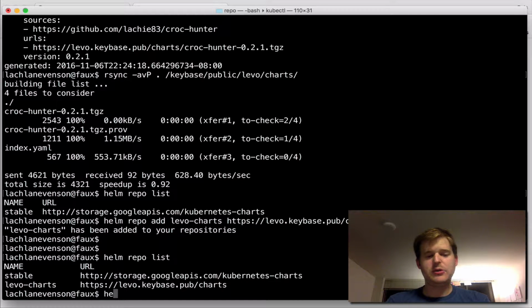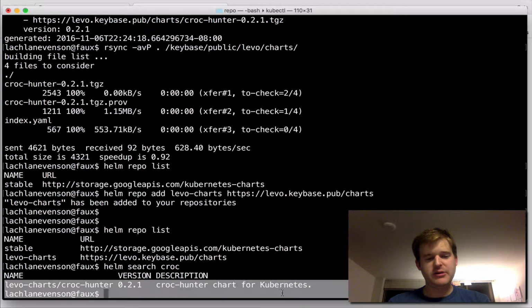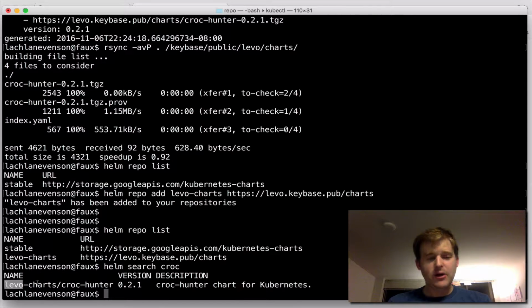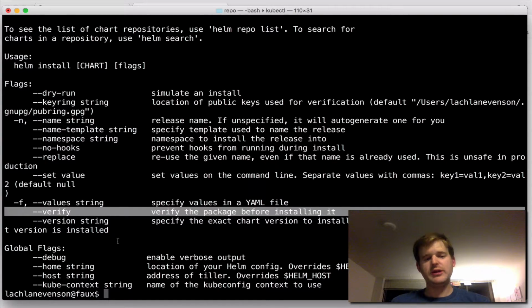Now we should be able to do a Helm search, and we'll search for croc. So you can see that my chart is up there at the correct version. So now I have a chart, and if we take a look at Helm install, let's just take a look at the help here. What we actually need to do is verify. So we'll verify it before installing it, and it'll go and pull that prov file and make sure that everything